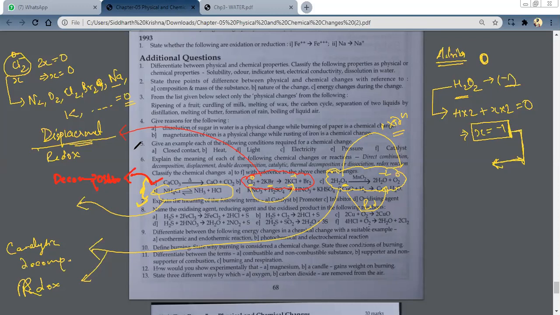In NH4Cl, the charge of N is 0, and the charge of N in NH3 is...